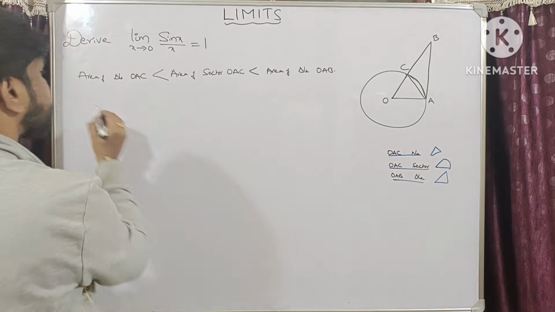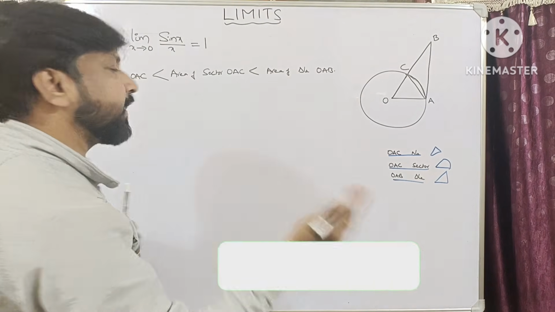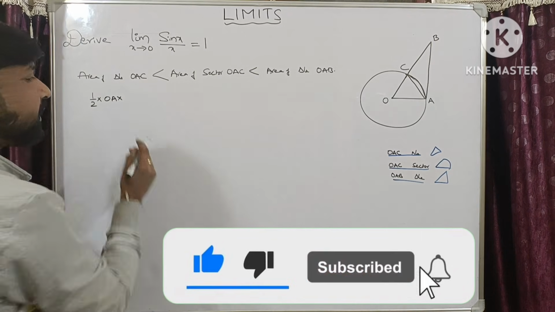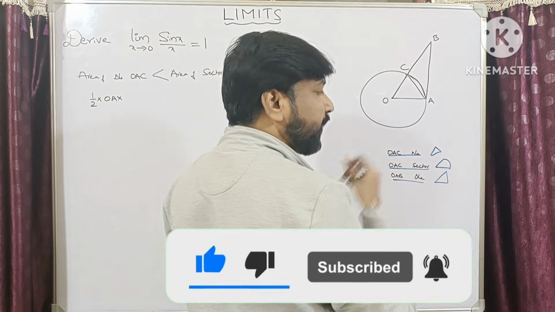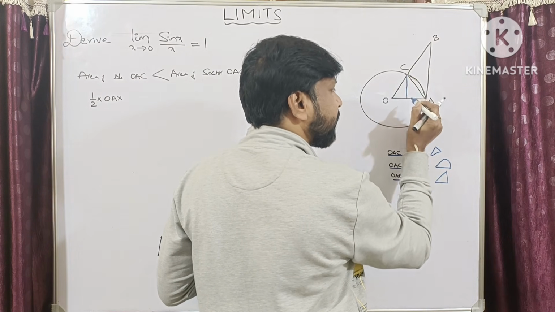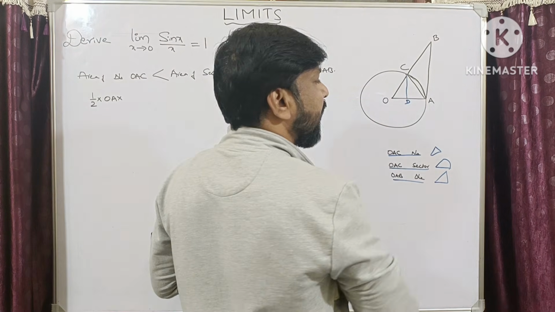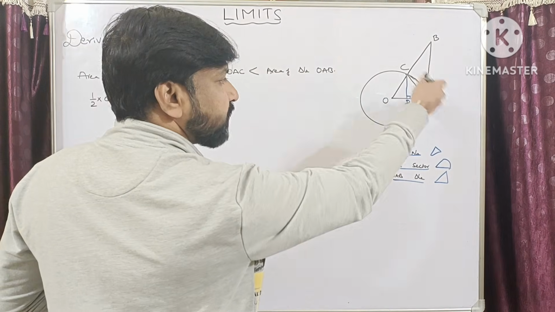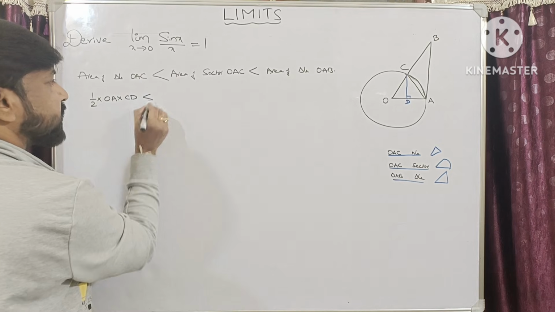Now the area of triangle OAC: area of a triangle is half into base into height. So it is half into the base OA into the height. What is the height? AC is the slant height. We need to construct a perpendicular height along OA, so I construct a line and call the foot D. This is perpendicular to OA. Then the height of this triangle OAC is CD, which is less than